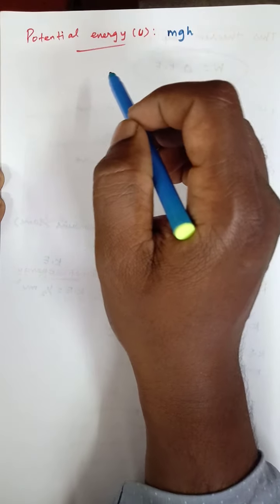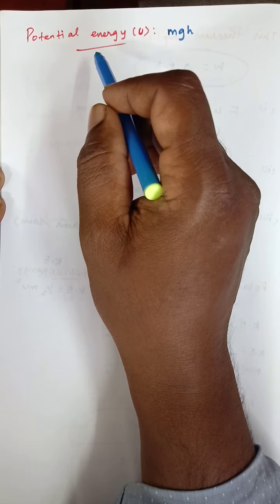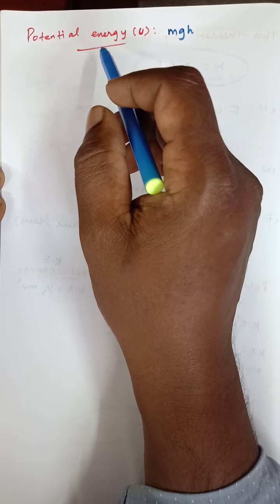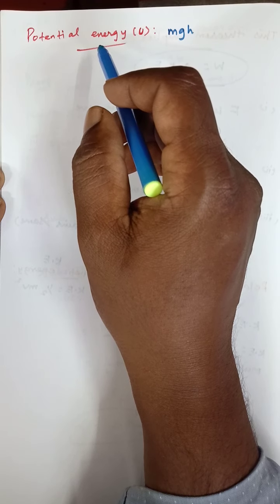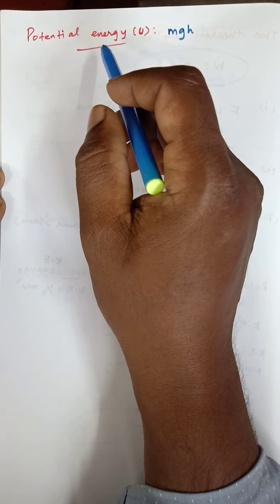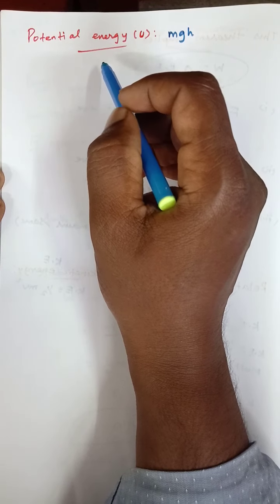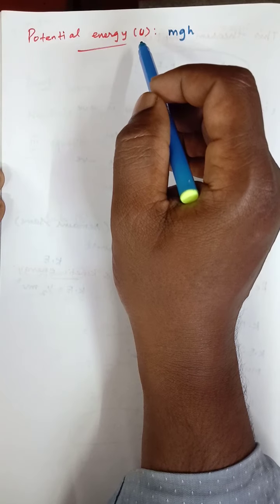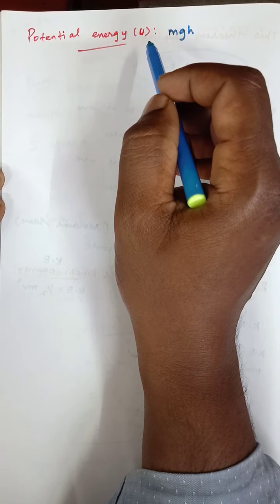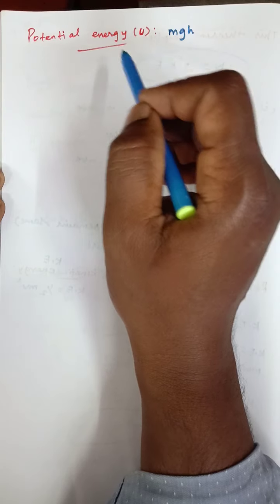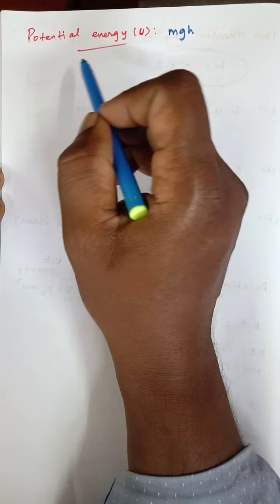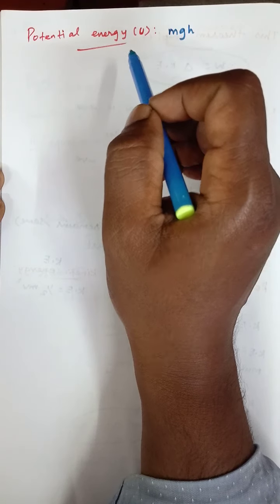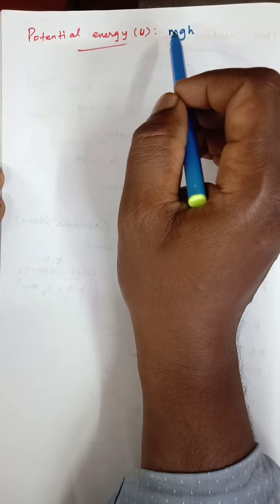So the potential energy of the object is defined as the amount of work done by an external force in moving the object at a constant velocity. See, v is constant. So if the object is moving with constant velocity, what does that mean? Kinetic energy equals 0. Then the potential energy takes place. Clear? For a moving object, if v is constant, then potential energy is there. Clear? That formula U is equal to mgh.